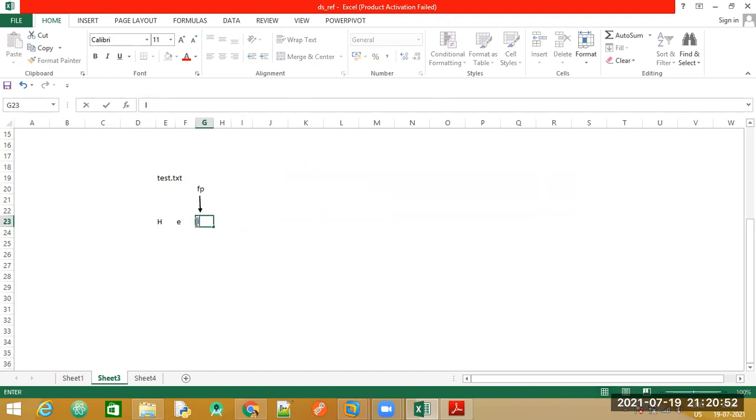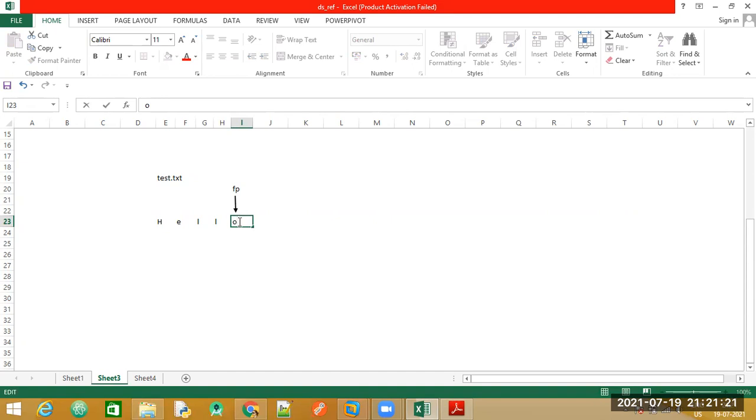If I type a letter L, the file pointer is currently pointing at this location. Likewise, assume that I have typed the entire word and my word is hello. This is the last letter. My cursor or my file pointer is pointing to O.